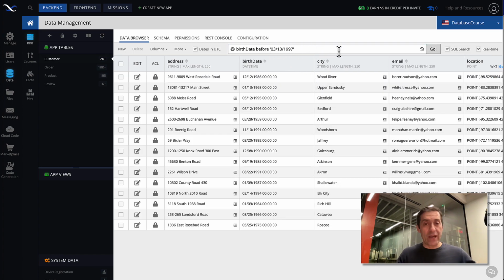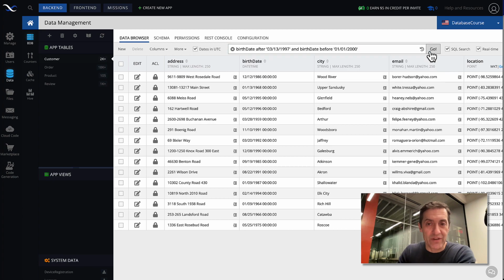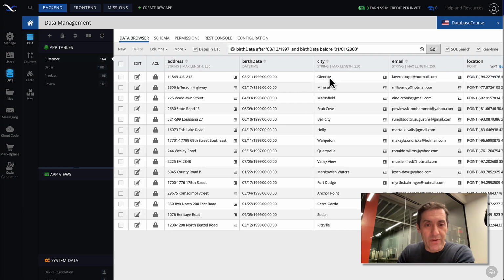To specify a range, you can say after this and birth date before, let's say 01/01/2000. Notice that the actual values for the date I'm putting into single quotes, because that's the format that is expected. So click go, and then it found all the records where the birth date is within this range.